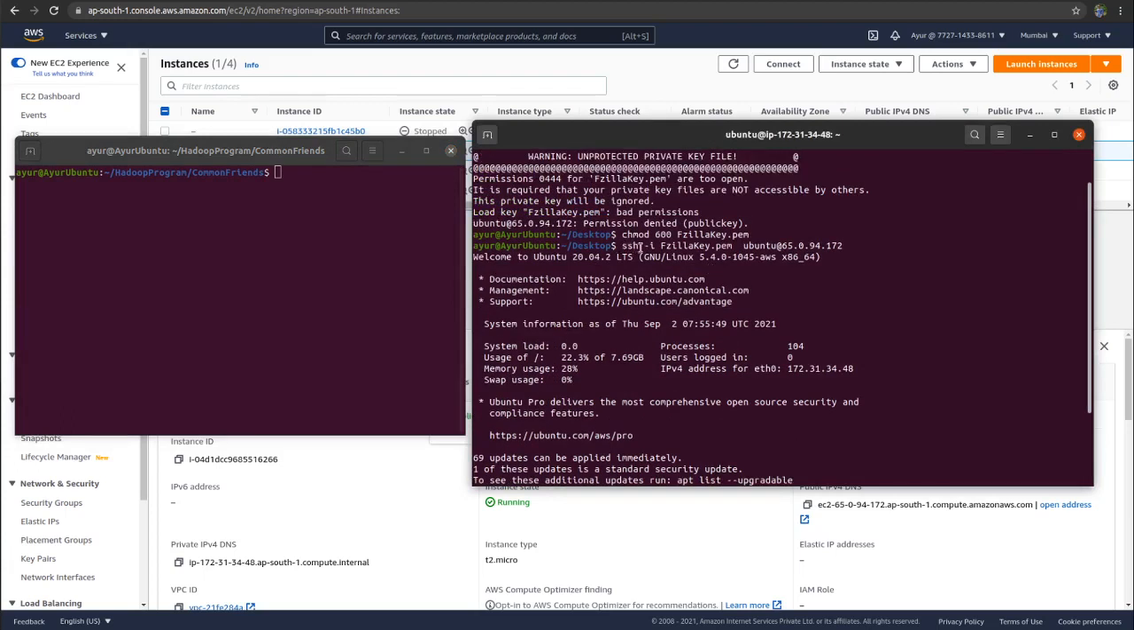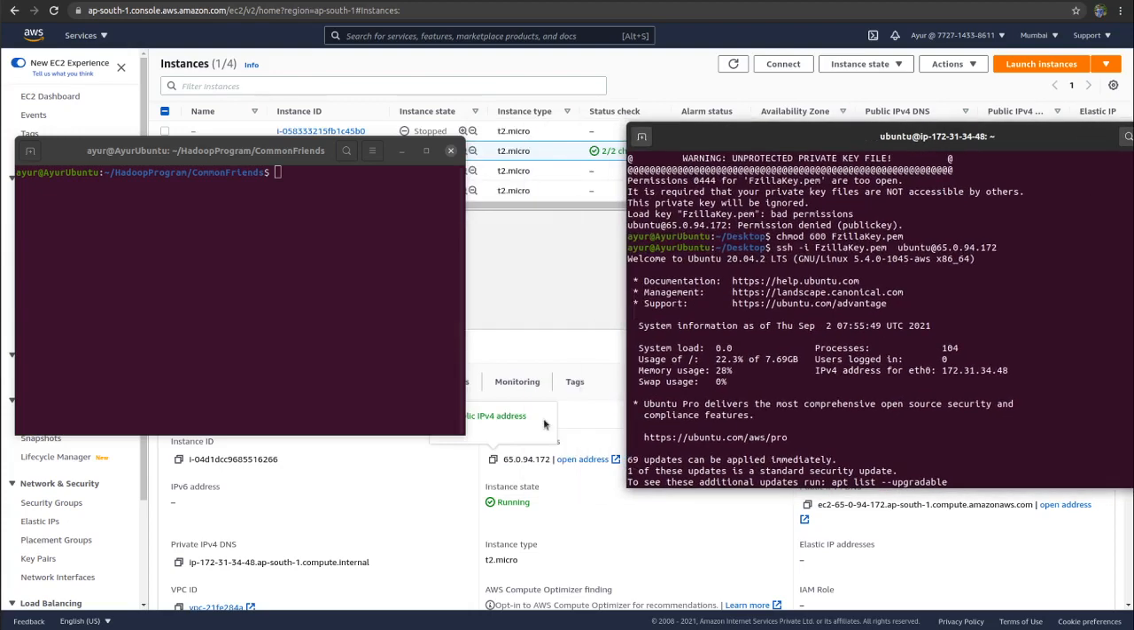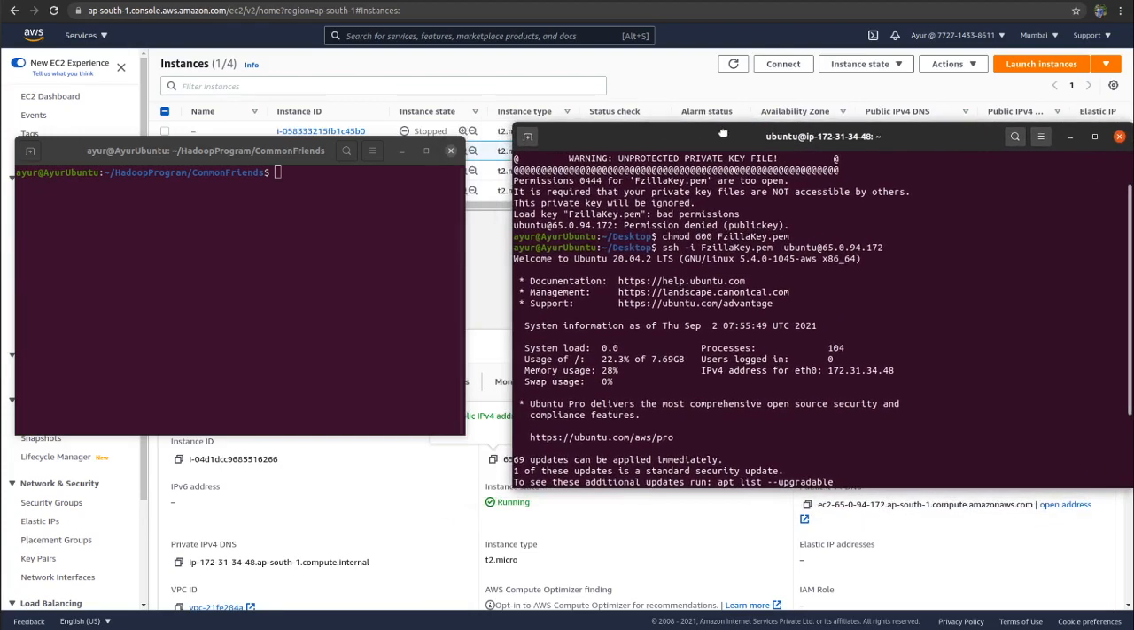So the first command is ssh -i, this identity, our PEM file, and ubuntu@ our IP address, or public IP address, which we have copied from here. And